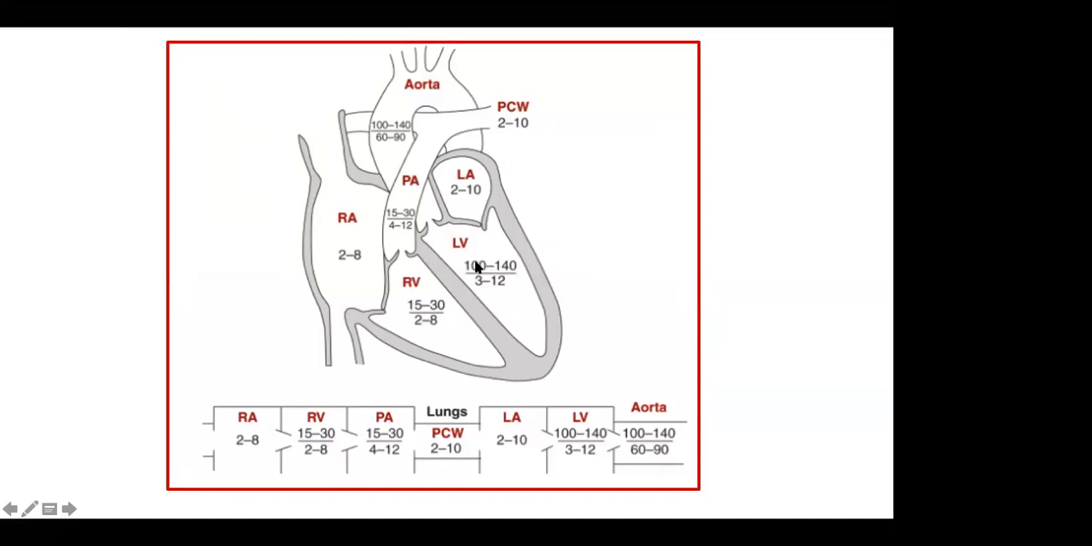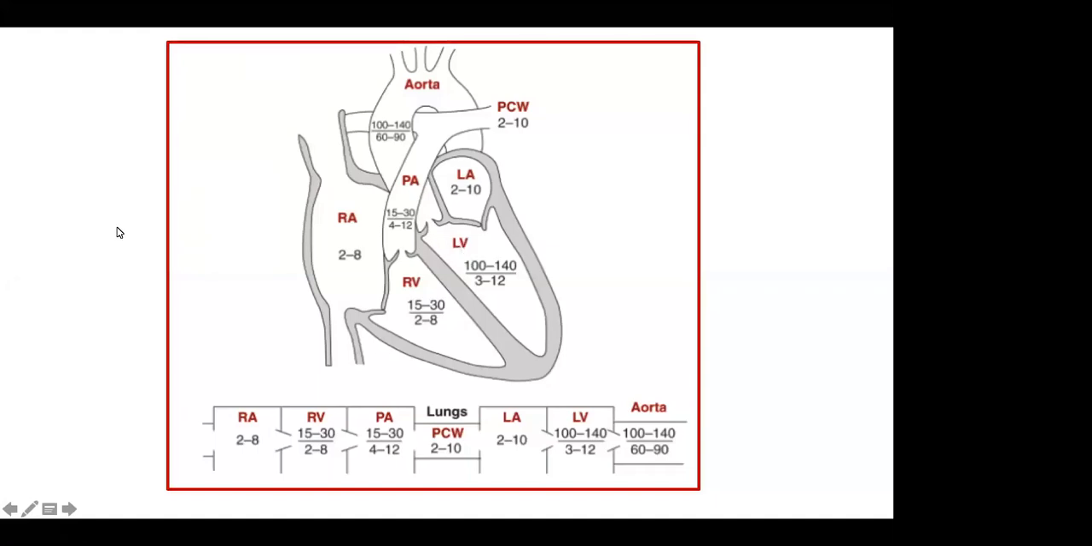However, the systolic pressure in the LV is high, around 100 to 140, depending on the age, which pushes the blood through the aortic valve to the aorta. And as you can see, the diastolic pressure in the aorta is around 60 to 90. That's why, when the blood goes down, it closes the aortic valve,